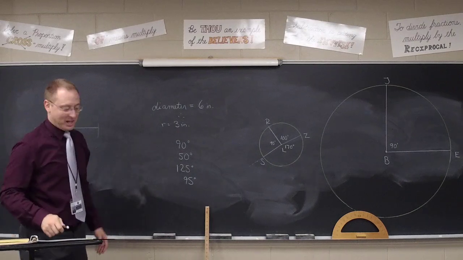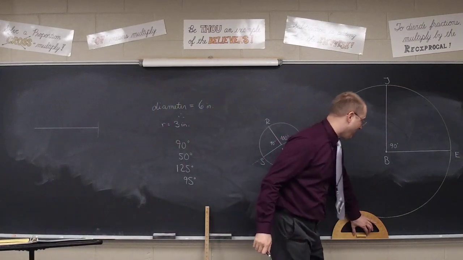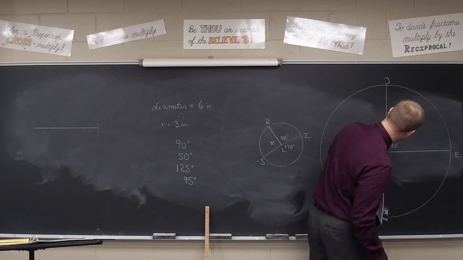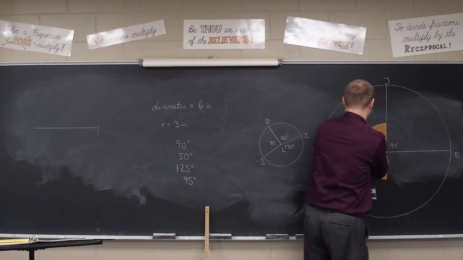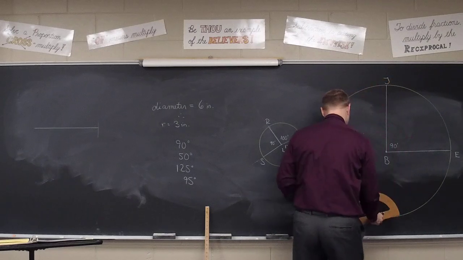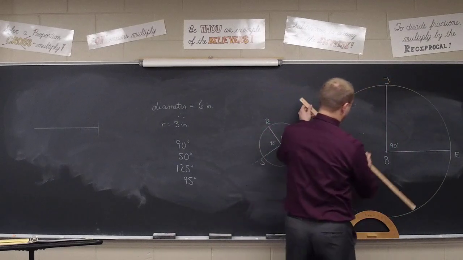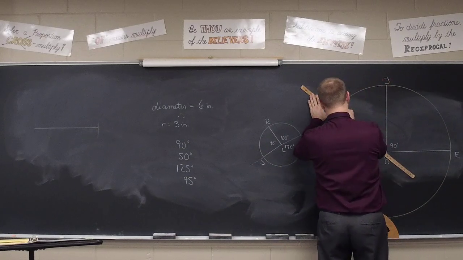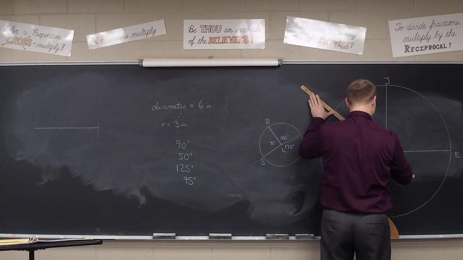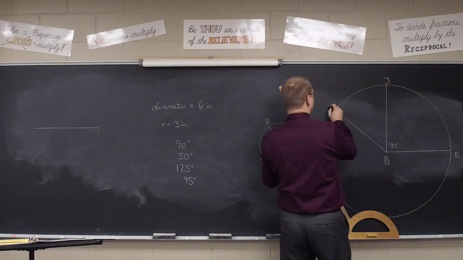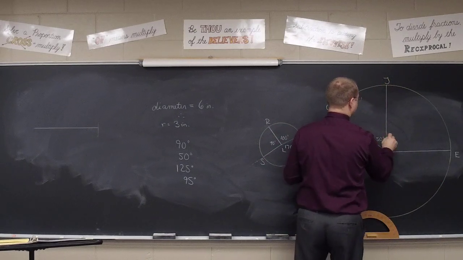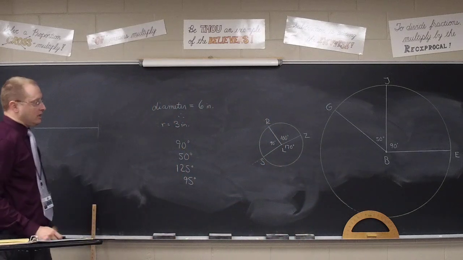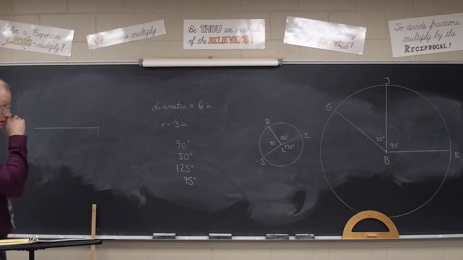All right, next angle we want is a 50-degree angle. Remember, you're going to want to come off of the new line you just drew and measure yourself a 50-degree angle. We'll go ahead and name this one BG, for our 50-degree angle. Next angle,